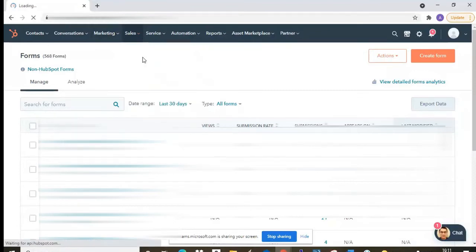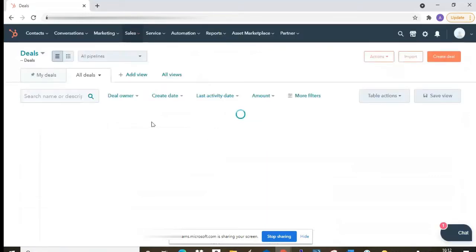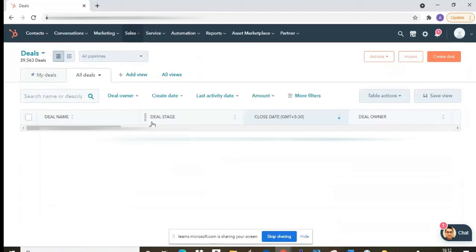Now, what is a deal? If I go to deals, it shows me those leads which have already been identified by my sales team and can be converted into closures. Now, what is a closure? A closure is when I actually get the order from a lead, or the payment is done, or a partial payment is done, and finally we get the full amount from the customer.